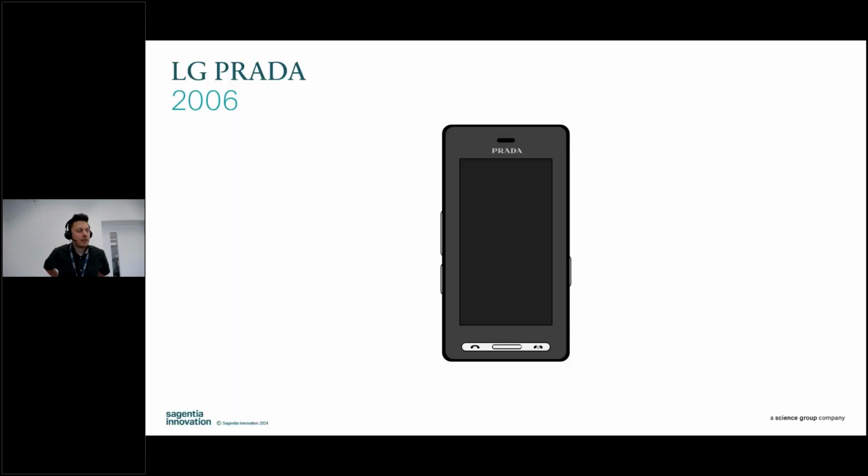So cast your mind back, 2006, a leading consumer electronics giant broadcast to the world their latest and greatest touchscreen smartphone. And this isn't a story about Apple. This isn't the iPhone. This is actually the LG Prada. So what's really interesting for me, the LG Prada had a lot of parallels with the iPhone. It had the same touchscreen technology, TFT, similar aspect ratio, but it did some things that were loads better, in theory, from a technology perspective, than the iPhone.